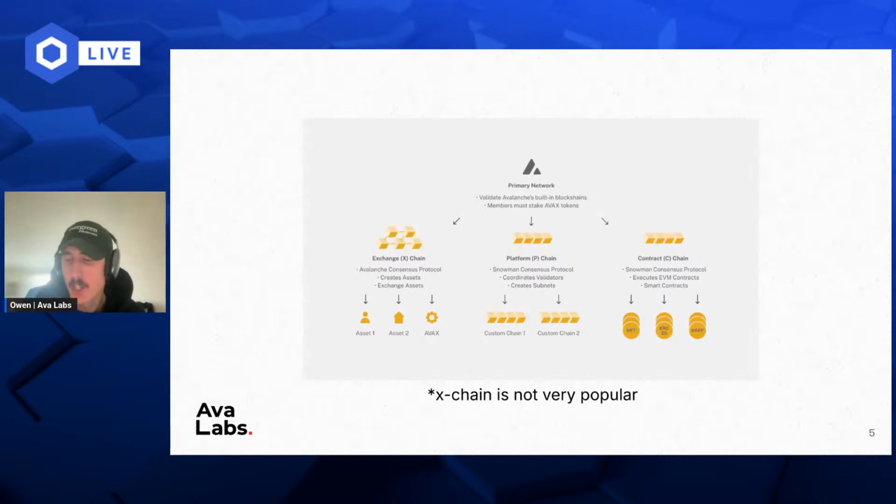And then this middle part here, which arguably is what makes Avalanche so powerful and unique, is the platform chain. The platform chain doesn't have any smart contracts either. You can think of it as a phone book or a registry of all the validators in Avalanche. So you can see these 3 things here. It says coordinates validators and creates subnets. I'm going to touch on that a bit more later, but this platform chain is responsible for registering more validators to create these things called subnets. And that's this custom chain 1 and custom chain 2.